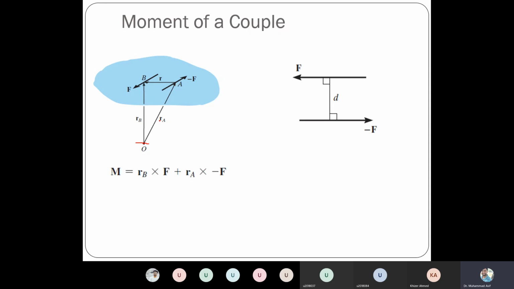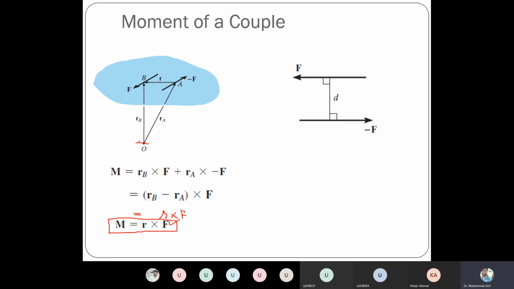So if we simplify, this one is, let's say, F, R cross R B cross F, similarly plus R A cross minus F. And if we simplify, F is common, then we can say R B minus R A, whereas R B minus R A is simply R. So R cross F, right? So this is R cross F. So simply, if you want to get the moment of a couple, you need one of the force vectors, any of them,